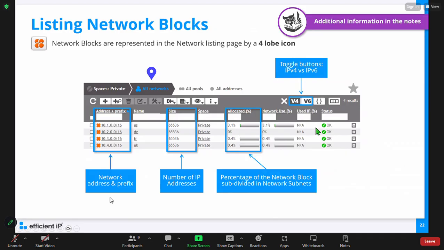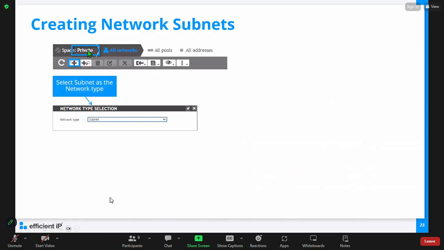Fine? Okay, good. So that is for you to view the network block information under the space. You can view IPv6 if you are using an IPv6 inventory. If not, it will be IPv4. Right? Now, under the